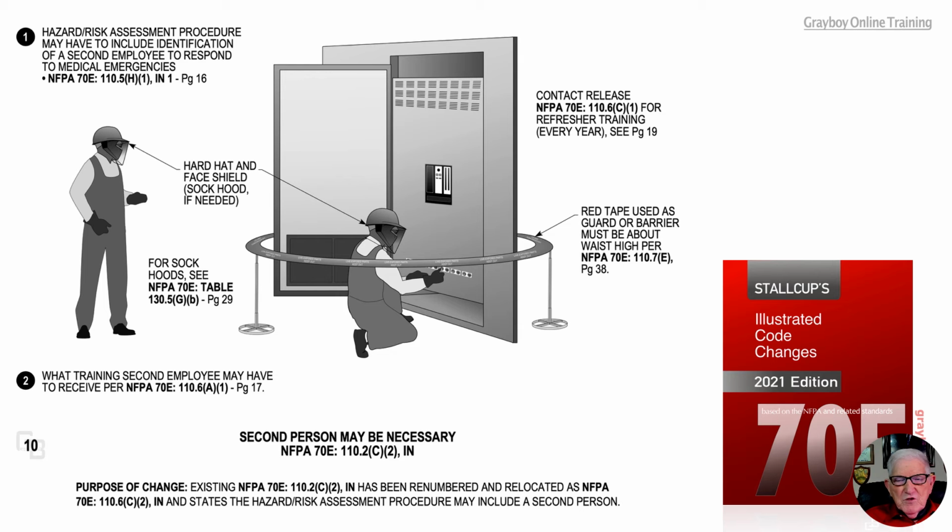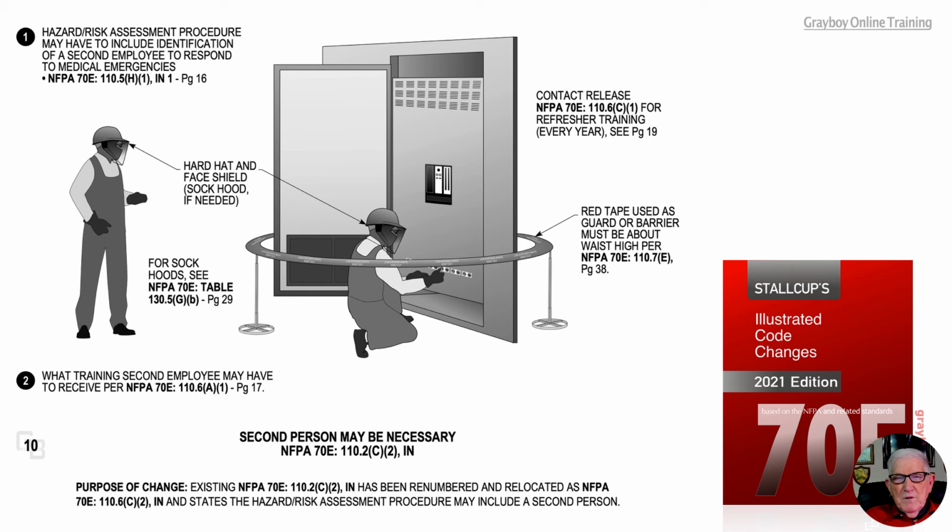But the purpose of the change was to take 110.2C2, renumber it, and relocate it as NFPA 110.6C2. And the second person now in the 2021 edition of 70E would be NFPA 70E